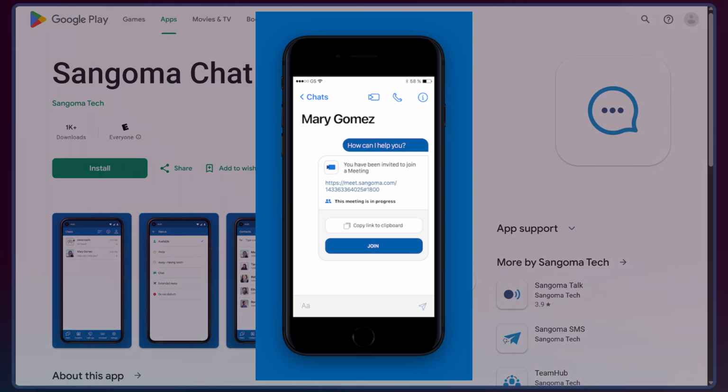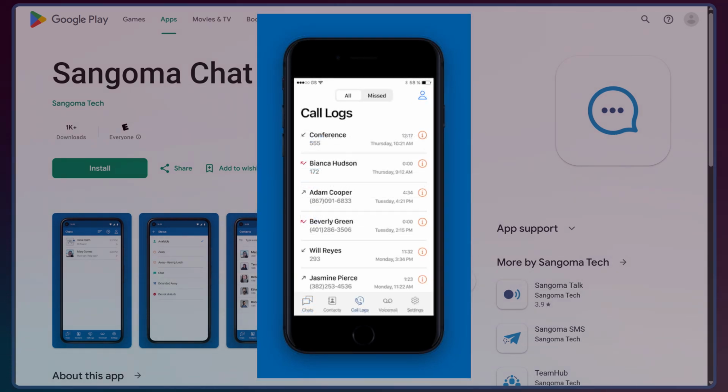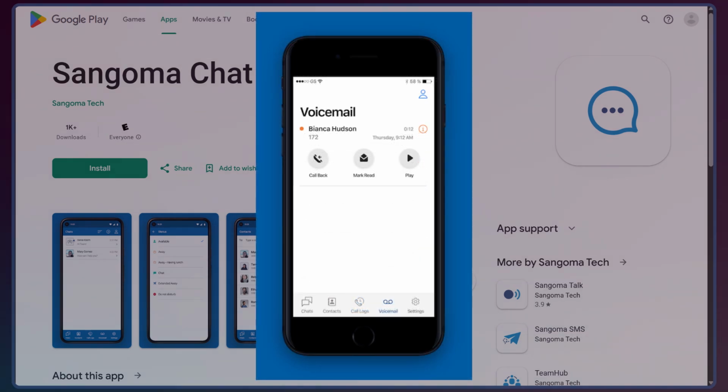The chat app not only allows you to communicate internally with teammates, but it also allows you to do SMS with the outside world. Now, if you're not using SMS messaging or Sangoma Meet on the Switchvox, you can simply use the Sangoma Talk application as your mobile softphone. Bear in mind that you need to have a valid SSL certificate assigned to Switchvox in order to use the chat application. If you'd like more information on how to set up SSL certificates on Switchvox, please visit the networking and security video in this series.